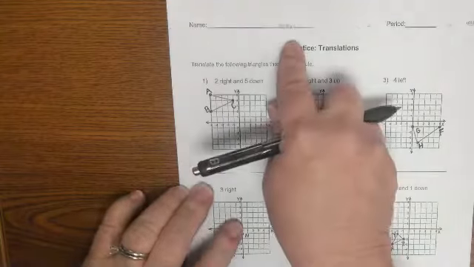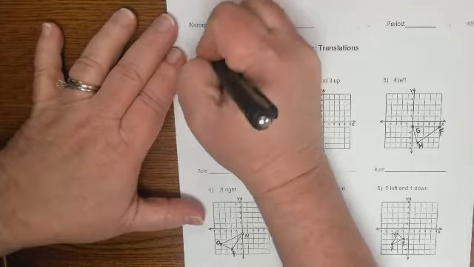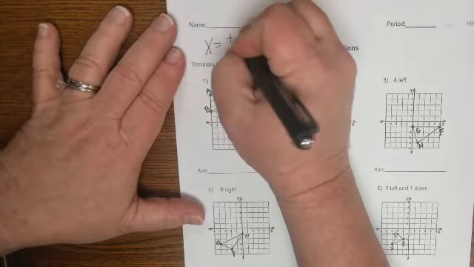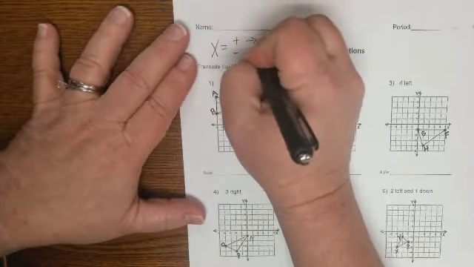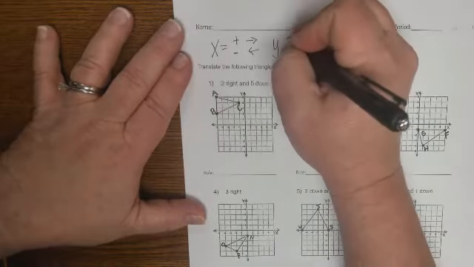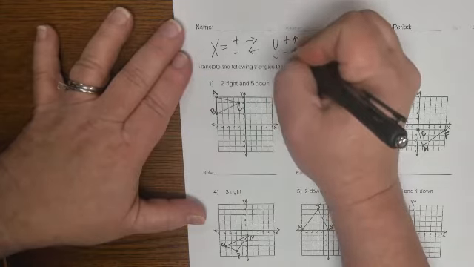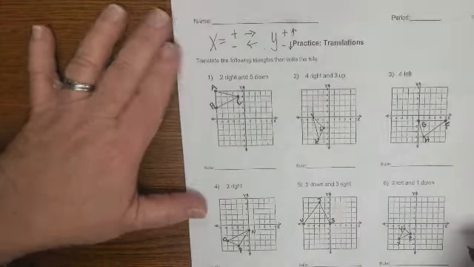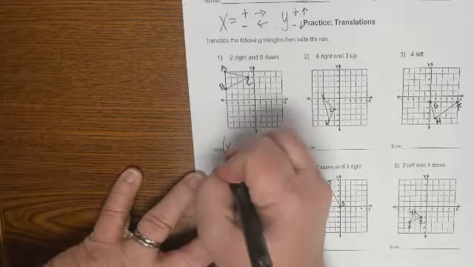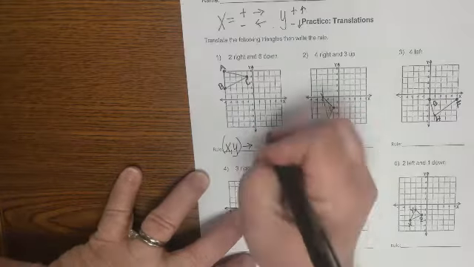You might write yourself a little note up here saying, okay, for my x value, if it is a plus, it's to the right. If it's a minus, it's to the left. For my y value, if it is a plus, it's up. If it's a minus, it's down. Okay, just so you remember that you need a rule that says x, y, and then arrow notation, and then